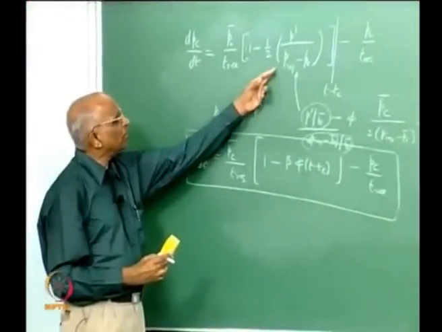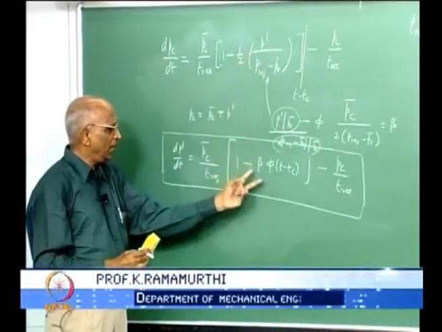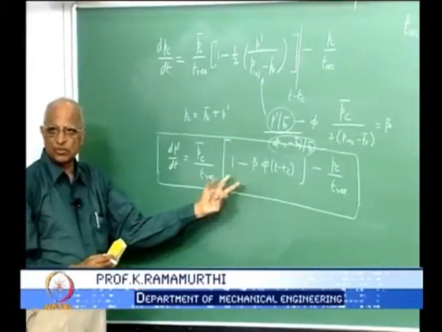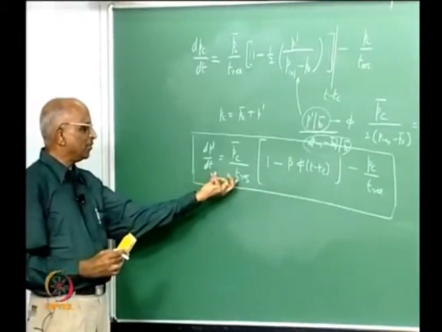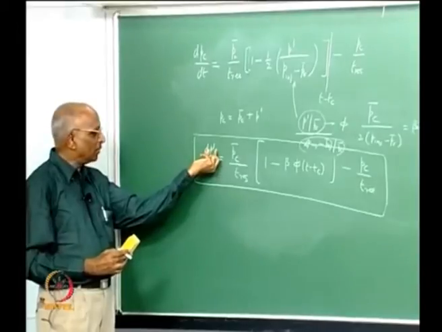I dropped half because I brought half here because this value was small, and this is my final form of this equation. I just need to solve this equation to be able to get the value of how the pressure changes,